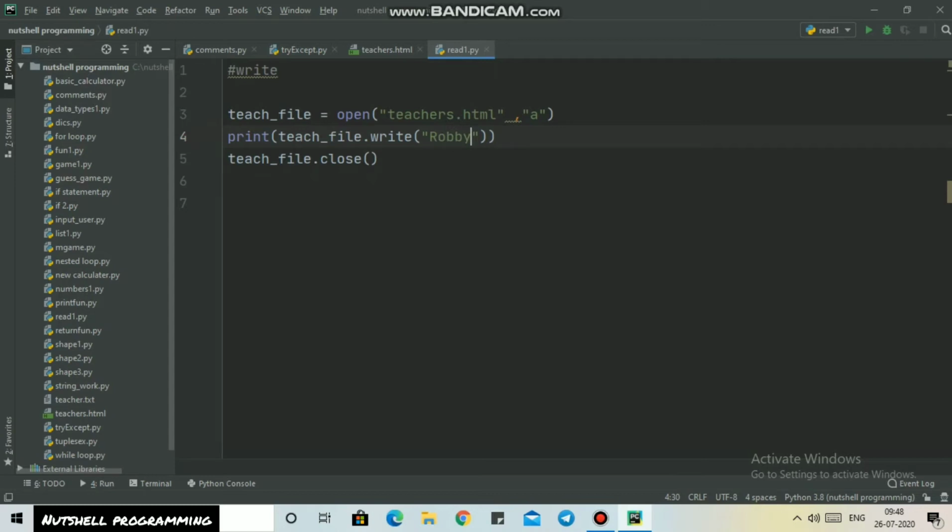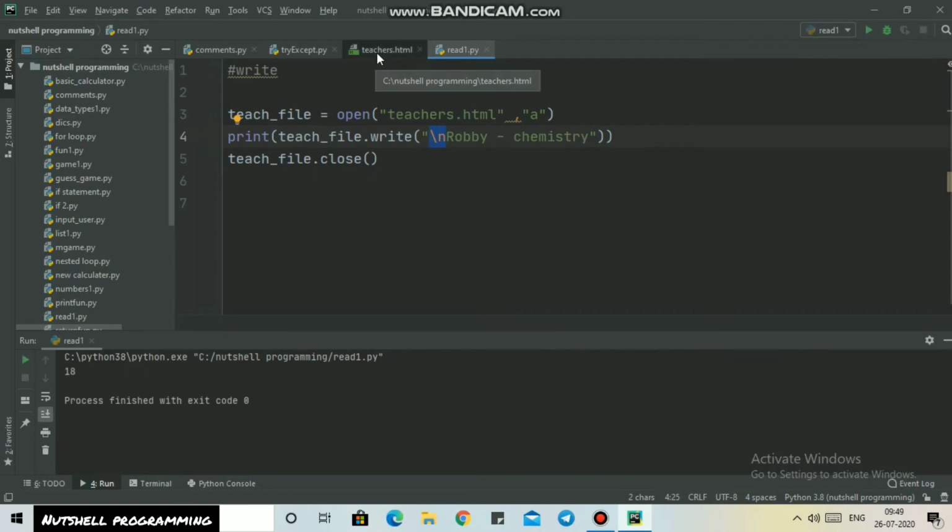So I'm going to change the data to Robbie who teaches chemistry, and I'll use the \n before Robbie because we want some new lines, so the output looks good to the user. So I'm going to use the \n and run this program, and just open the teachers.html.